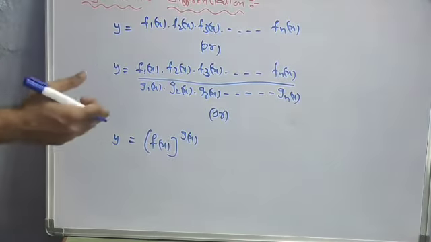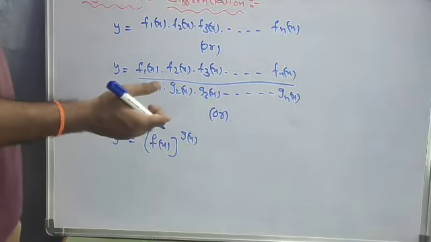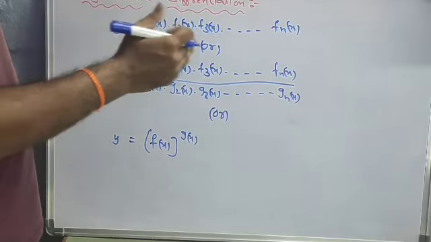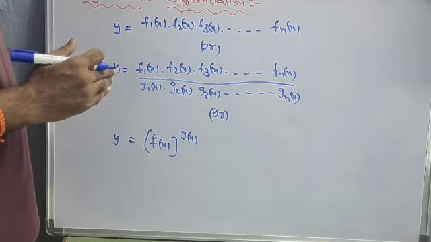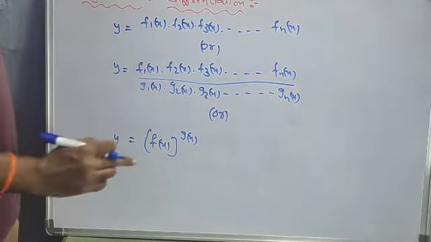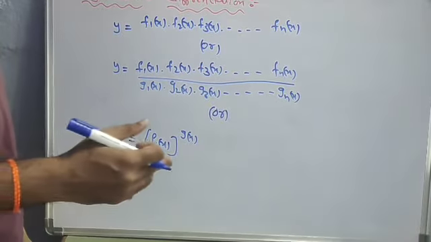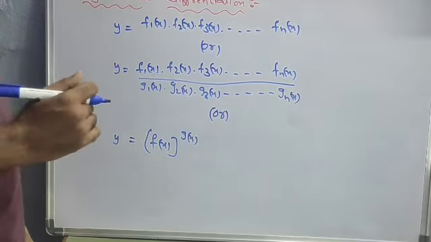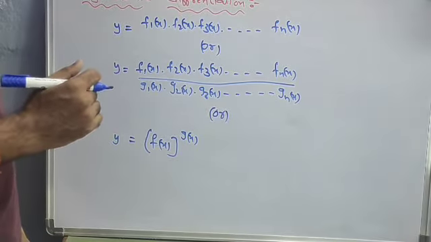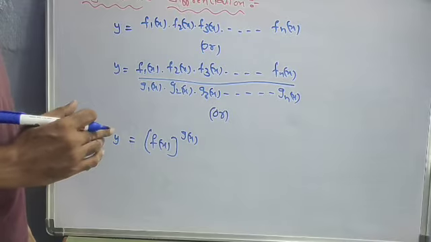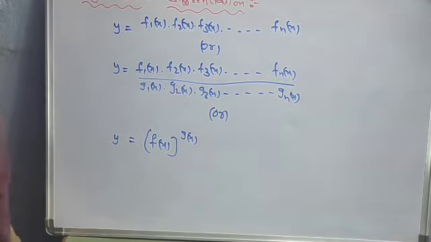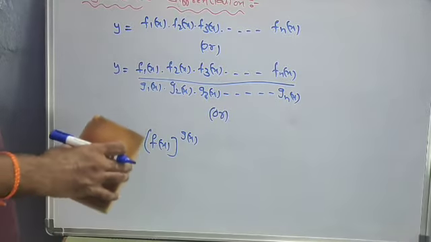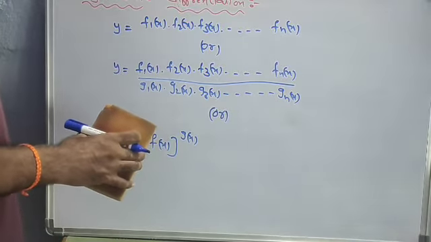Okay, suppose the given function is in this form, then in this case we are using the logarithmic differentiation. So in these three forms, any form is there, to find the dy by dx, that means the derivative of this function, we have to use the logarithmic differentiation. Okay, so we will take some problems and we have to solve that by using it.